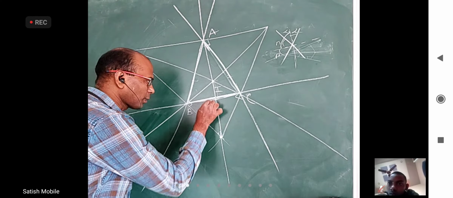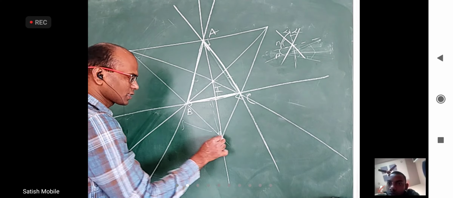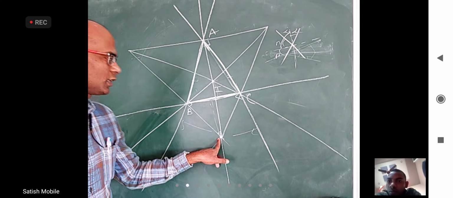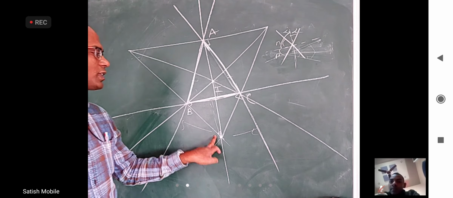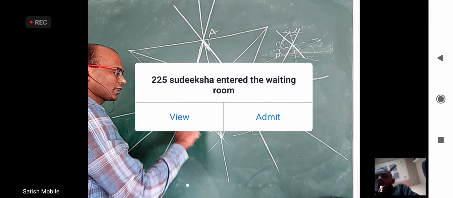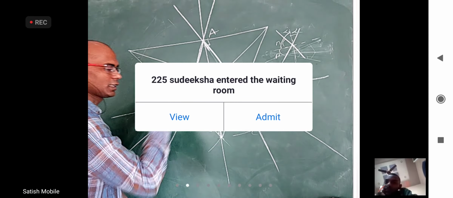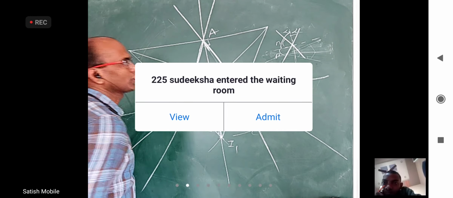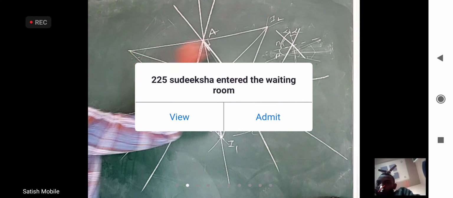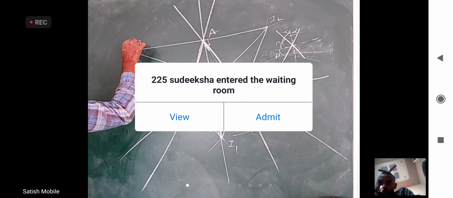From there, the perpendicular distance to this side and this side and this side will be equal, because you take a point on the angular bisector of whichever two sides. From this, the perpendicular distance to both of them should be same. If you take this as the center and take this length as radius, it will touch all the three. This is called excenter I1. And if you extend this, this is excenter I2, opposite to B this excenter I3.